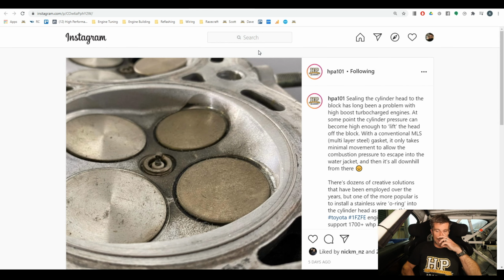So we can see this is a cylinder head for a Toyota 1FZ-FE. So this is, off the top of my head, I think a 4.5 litre straight 6. This is actually off a sand drag engine from Dubai. This is producing around 1700 wheel horsepower on methanol, running 70 plus PSI of boost. And what we can see here, it is a little bit tricky, but you can see we've got this stainless steel wire O-ring, and that is recessed into a groove around the outside of the combustion chamber in the cylinder head. So basically the machinist here will machine a recess or an O-ring groove into the cylinder head.